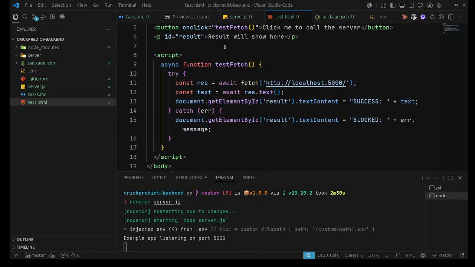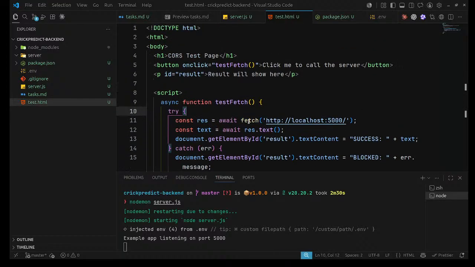It is just an async function test fetch and it's try. Wait, I don't know what it is doing. What is shown here?